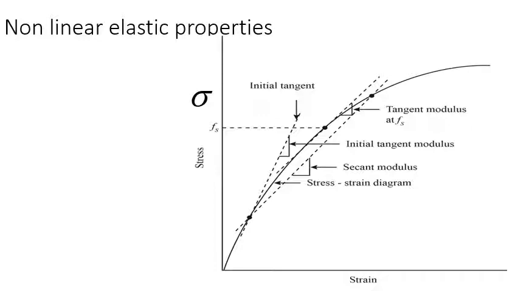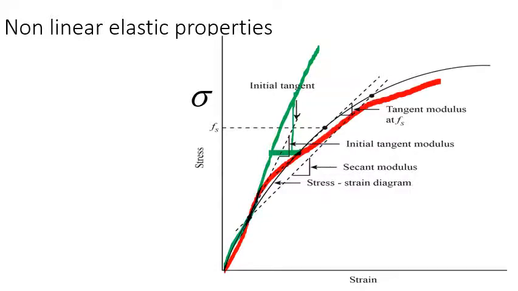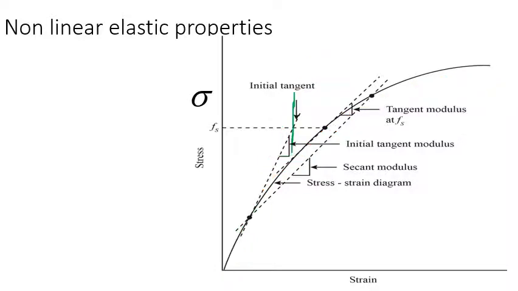If you are not going to get a linear curve, or linearity in the stress strain curve, if it were linear we would have got a straight line like this, and easily we would have taken a slope like this. But now here it is non-linear. Non-linear means there is no straight line, it goes like this. At this point, how do we find the stiffness, elastic strength or resilience?